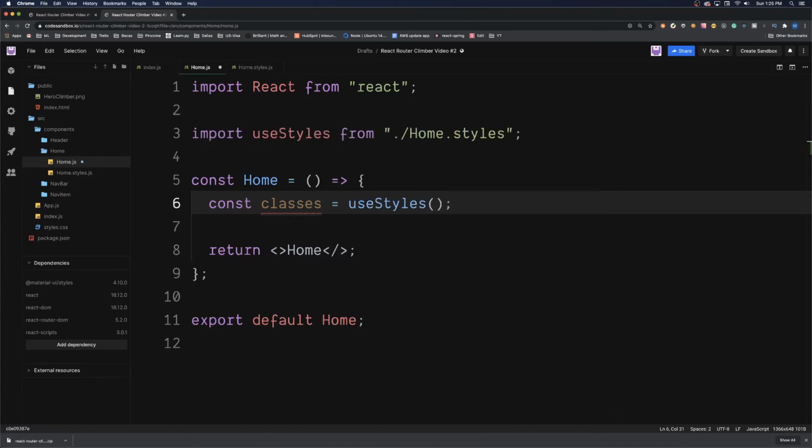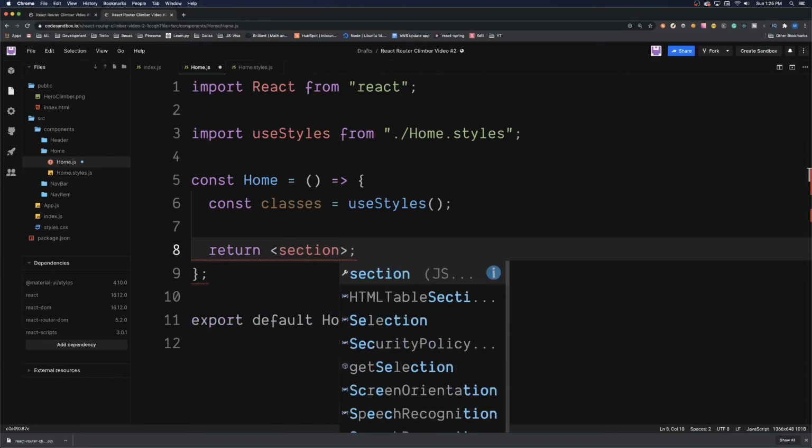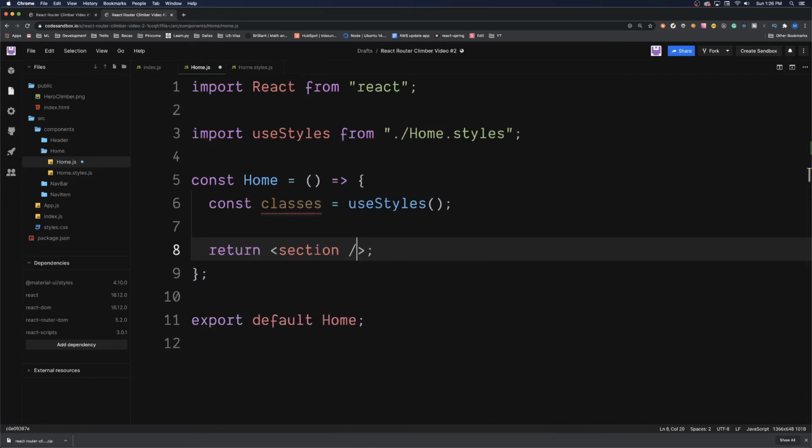This is our use styles hook again. And now we have to return something more logical. So home is not ideal. Let's remove that. And the HTML tag that we will be using is section as a self-closing tag. It's a self-closing tag because I'm not going to add any text or content inside of the section, so it has no children. And now I'll just add the classes that we created with class name, and then